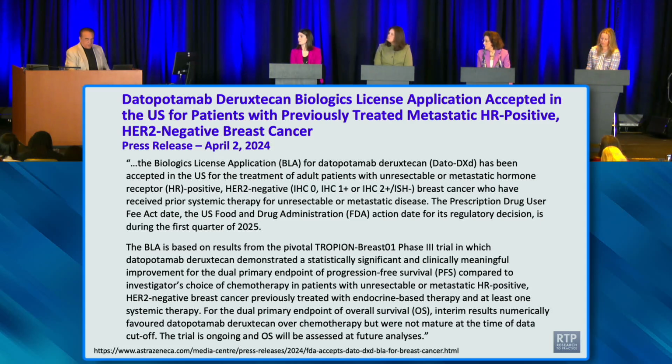So I like to make the joke that being in oncology, you wake up in the morning, you check your phone, you see what's been approved, and then you start thinking about how it applies to your practice. And those days happen not uncommonly, and maybe in the next year, you're going to wake up and check your phone, you're going to see Dato is approved, and you're going to read about mucositis, but remember what the people who use it tell you. So let's hear about a couple of people who actually got it. I mean, again, this is a common problem in oncology. A drug is used in a trial, and boom, it's in practice, and all of a sudden, you've got to deal with something that maybe you weren't quite aware of.